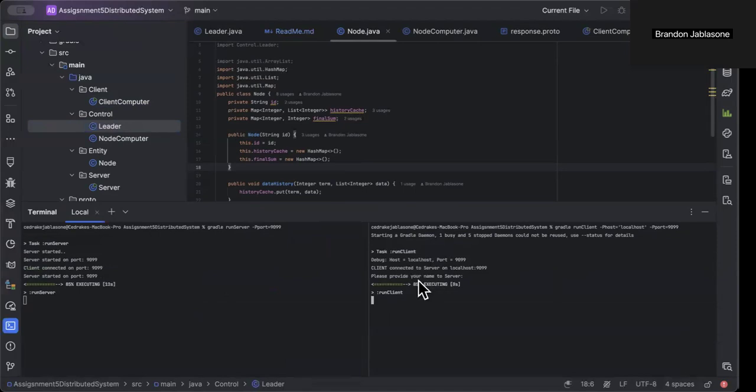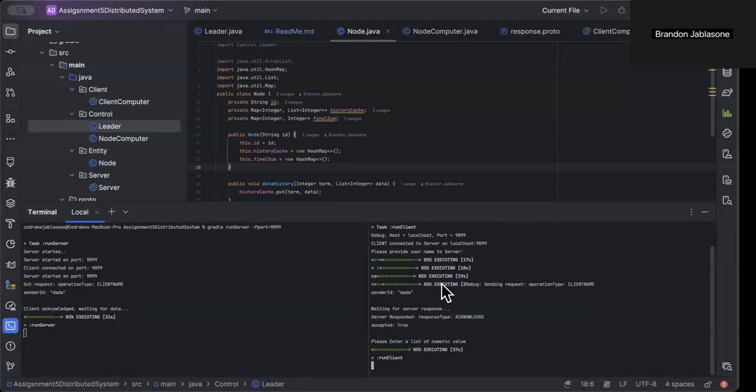the server is going to ask the client for their name, and the client is just going to input their name basically here. We're just going to give it a name here. And then the server verifies the client message, sends a verification back, and then we